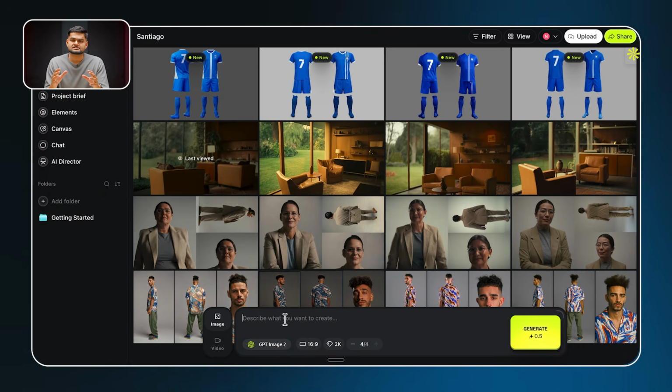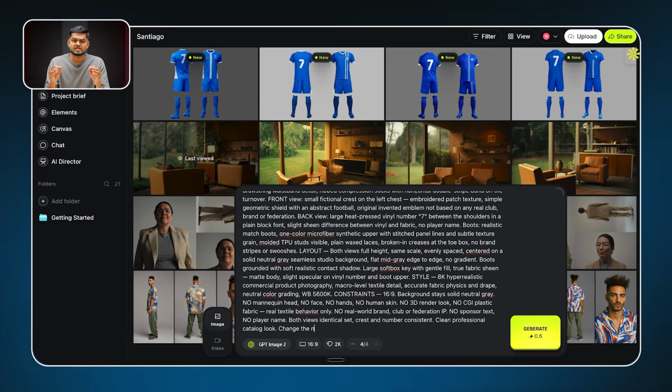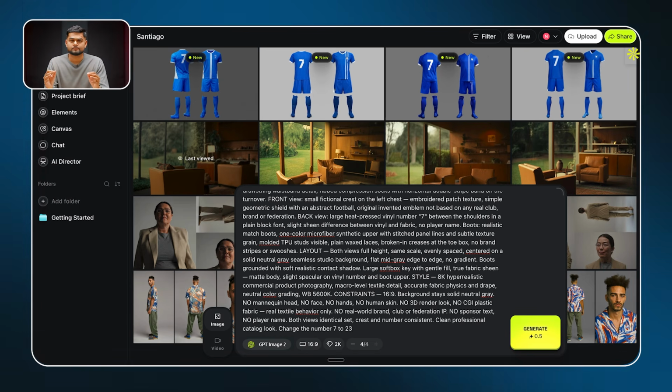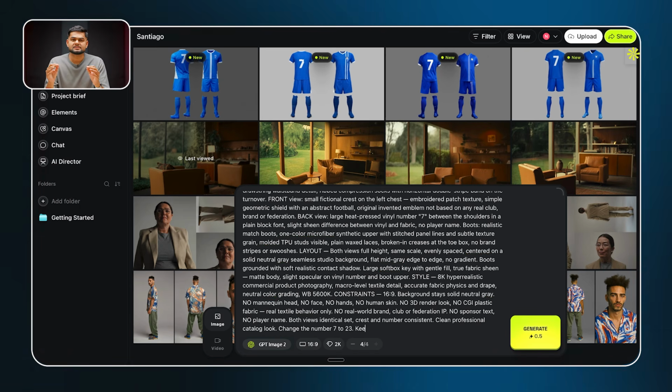To get Santiago into a kit, I first need to generate the uniform on its own, then put him in it. In Claude, I type, write me a prompt for a vibrant colored prop sheet of a football club uniform. Good result, but I want to change the player number and adjust the logo. For this, I am switching to GPT image 2 and I just type change the logo and swap the number